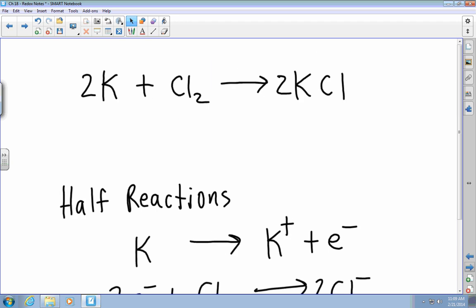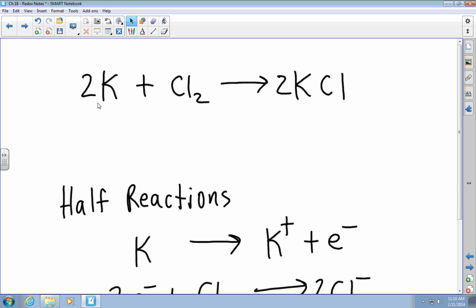Okay, so what we want to do is to look at equations and be able to identify what substance is oxidized and what substance is reduced. So we want to see what's happening to the charges of the substances, the ions or atoms, in a chemical reaction. If we look at this reaction, we've got potassium reacting with chlorine to make potassium chloride. So if we look at the potassium